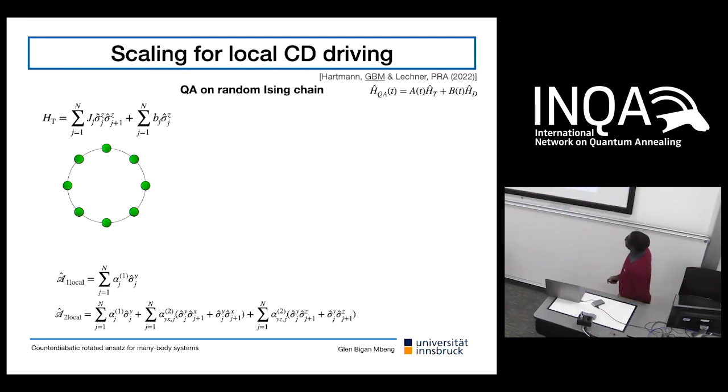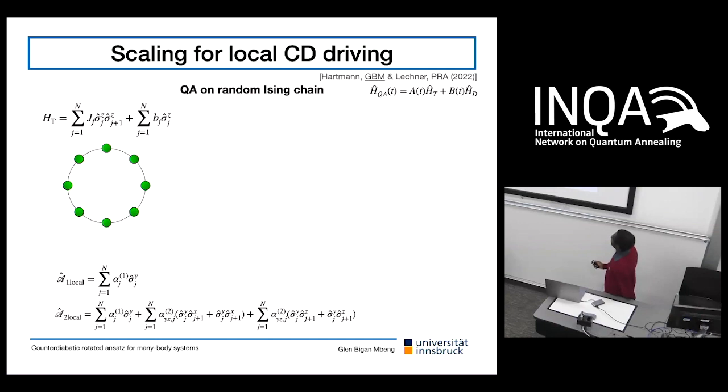So the first question one may have is how does this kind of local approach scale with the system size? Is it scalable, or does it give an improvement that maybe is only appreciable for small systems? Because, for example, in the limit of one spin it is exact, but if we increase the number of spins, it's going to perform worse. So we studied this first of all in